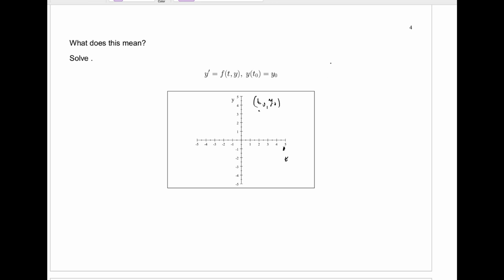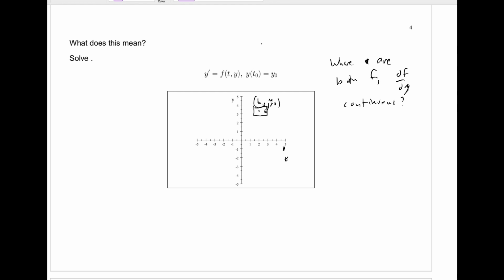And so we ask where are both f and df dy continuous? Well, remember, f and df dy are both functions of two variables, t and y, and we have to compute df dy, and we have to ask where both of them are continuous. And if we're lucky enough that they're both continuous in some rectangle that contains the point t naught, y naught,